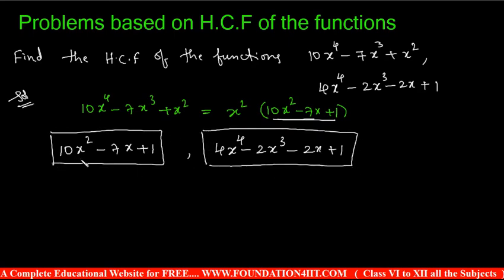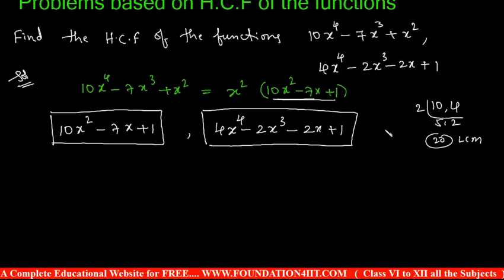First step, we need to make the coefficients the same. So the first term coefficients should be equal. The x square coefficient is 10 and the x power 4 coefficient is 4. So for 10 and 4, if you take the LCM, 5 2s are 10, 10 2s are 20, so the LCM will be 20. That means I should make 20 the coefficient of the first terms.